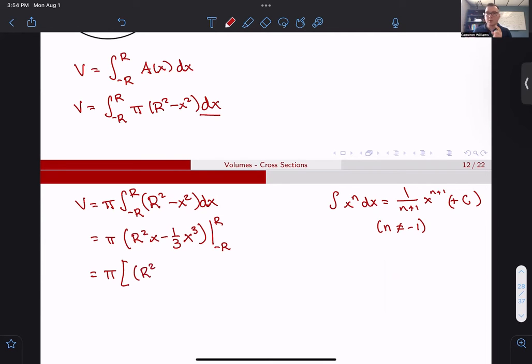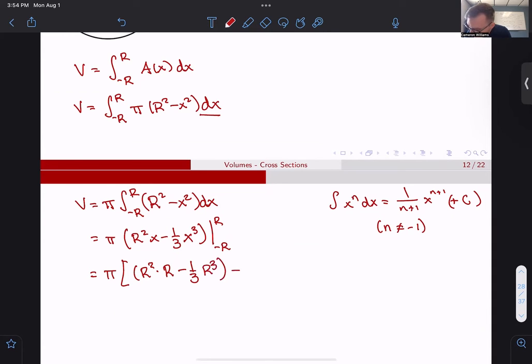So r squared, we don't touch that. And then we replace x with big R, so that's r squared times big R, we replaced x with big R, minus 1/3, replace x with big R, that's r